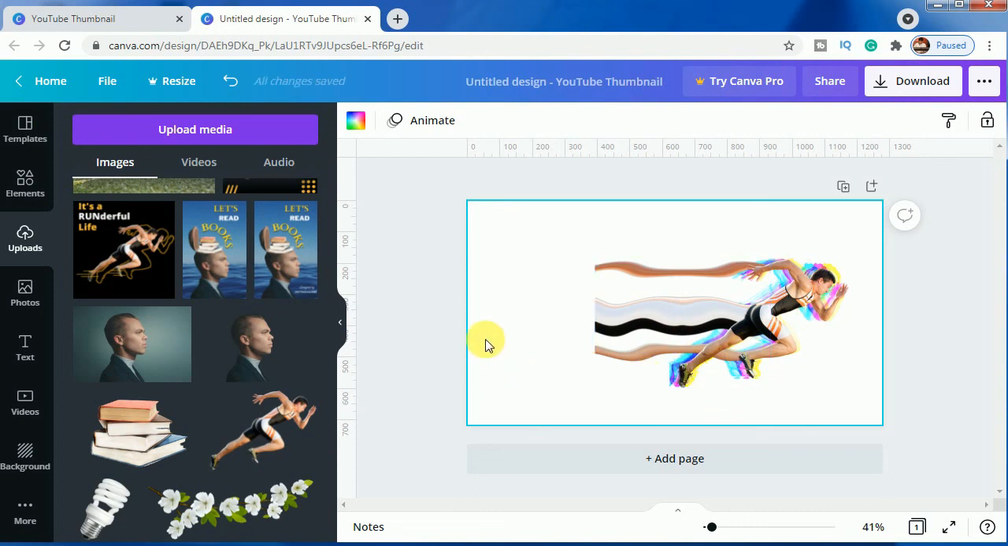So in this tutorial you have learned how to make wavy pixel stretch effect in Canva easily with rainbow effect